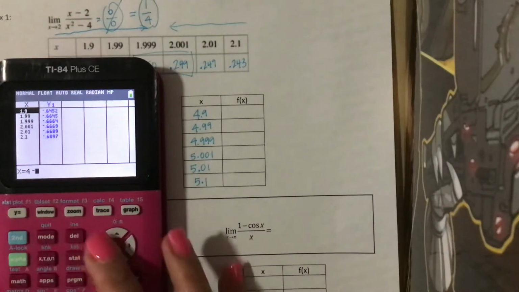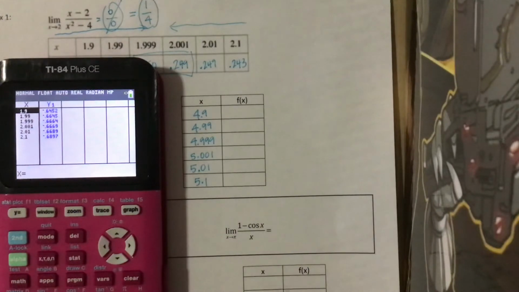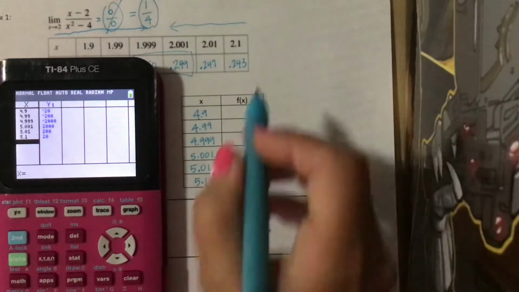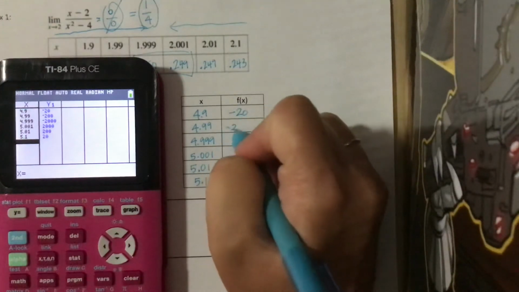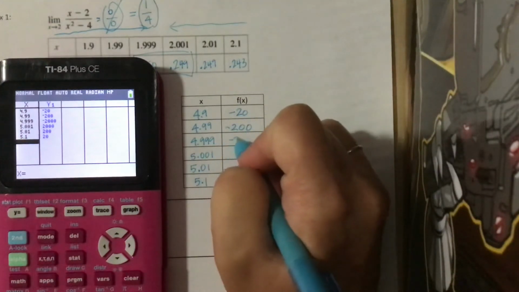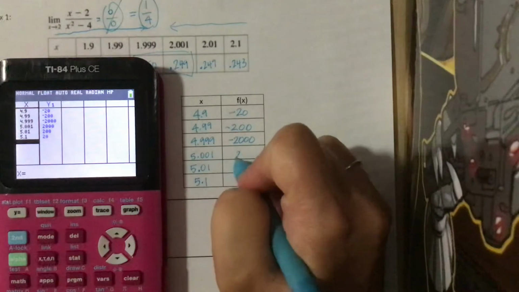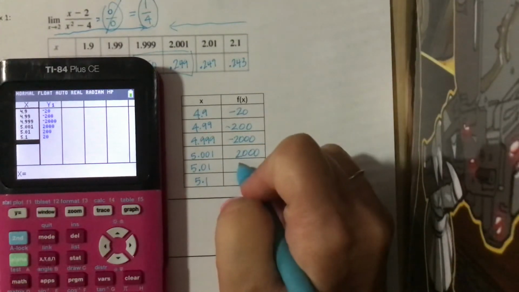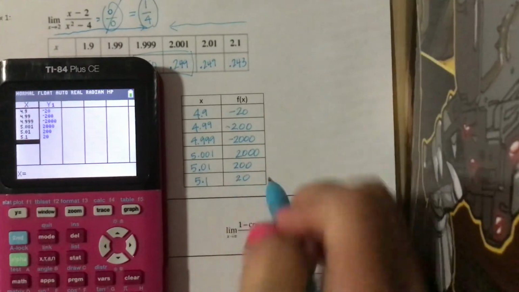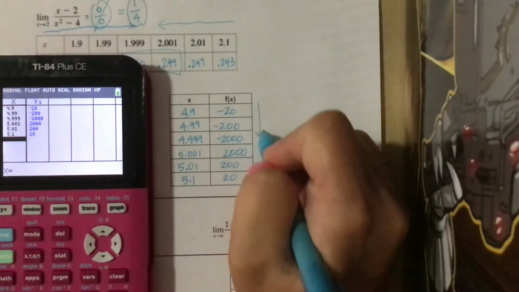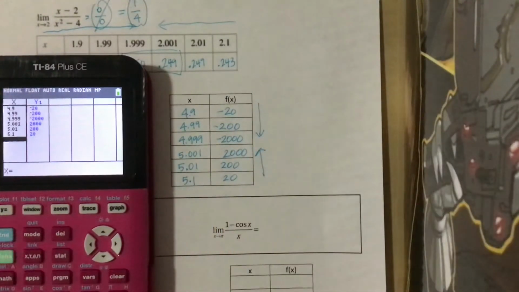4.9, 4.99, 4.999, and then we'll do the reverse side this way. So let's fill these in here and then think about what these values mean. And if we are trending towards a certain number, so if I look at these y values that this function is approaching,